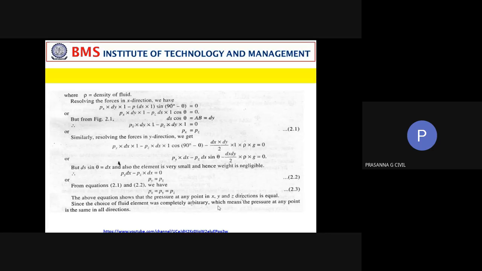Okay. So a quick rewind of what all we looked at today. First, we understood the concept of what is meant by vapor pressure. Then we looked at bulk modulus, and then we looked at the definition of Pascal's law and how you derive an expression to prove Pascal's law. So today itself